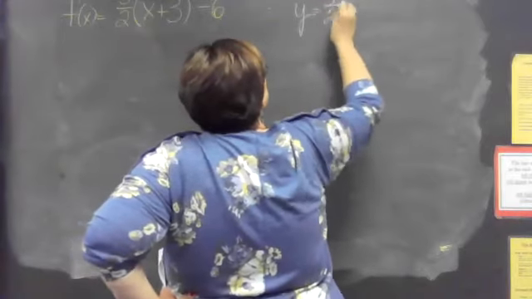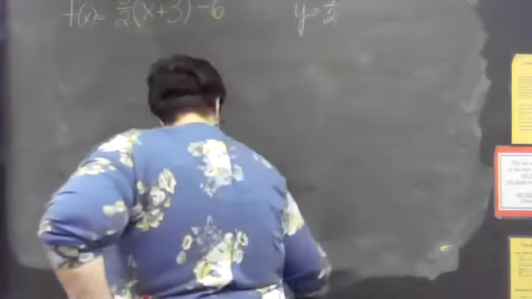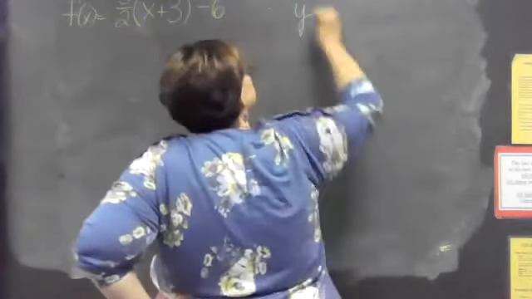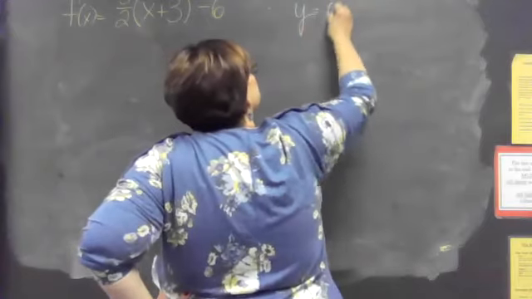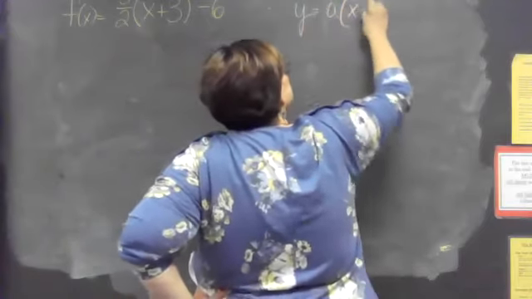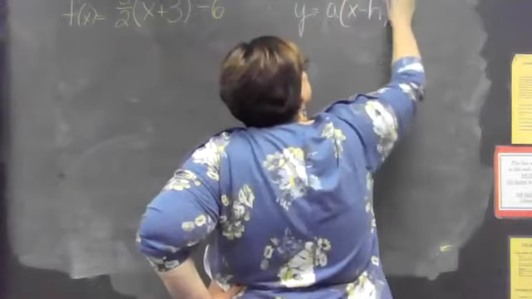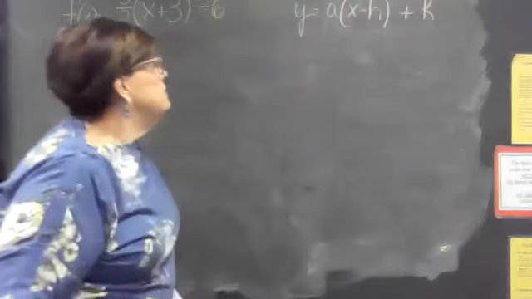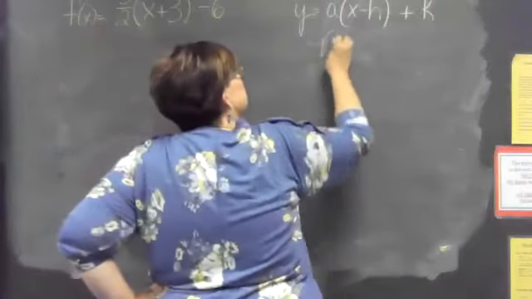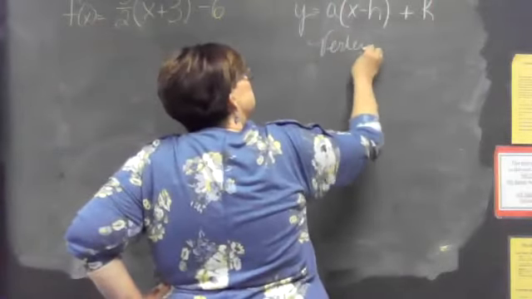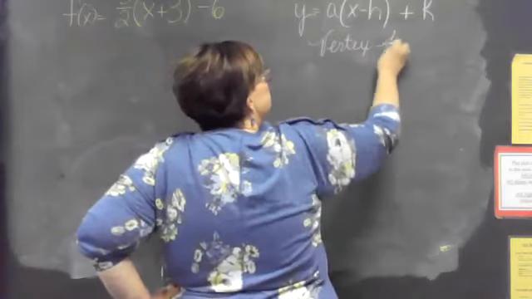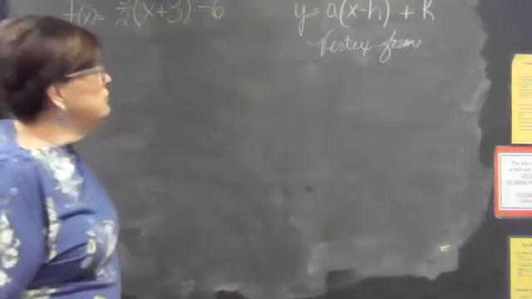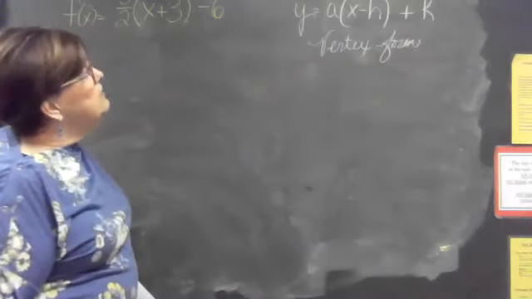Oh, I'm sorry. A x minus h squared plus k. This is the vertex form of a quadratic or of a parabola, okay? It's called the vertex form. Now, each of the things,